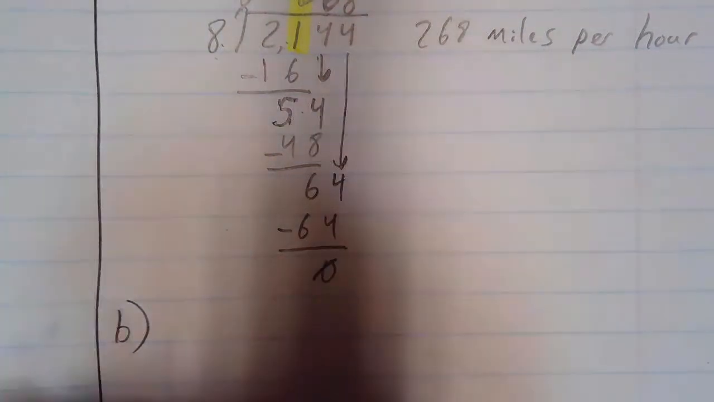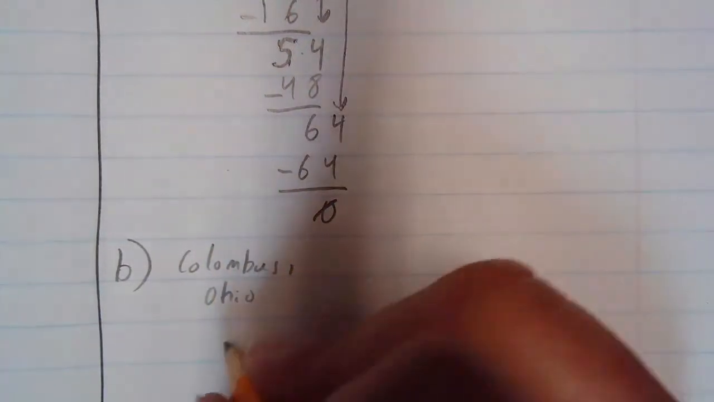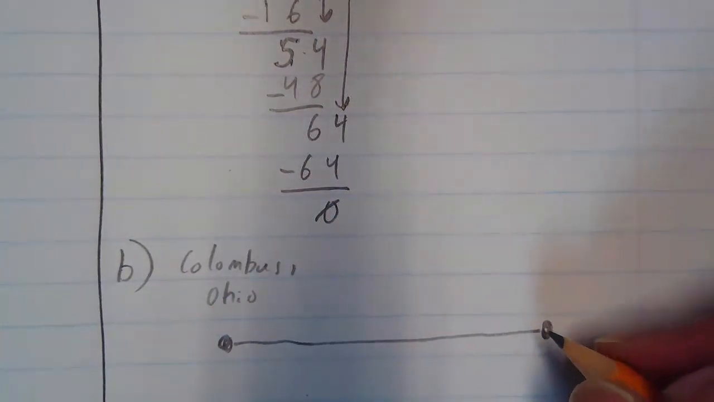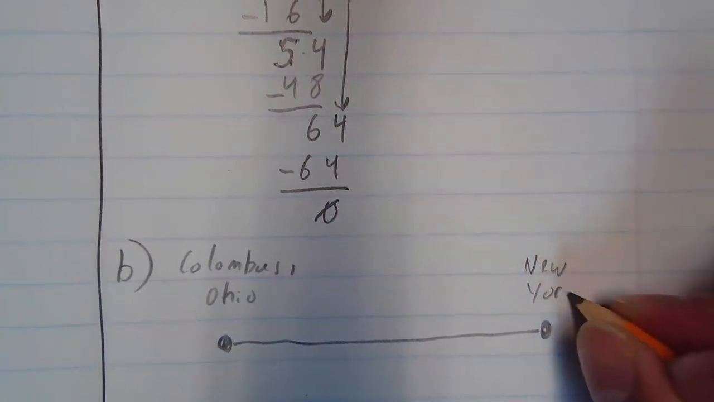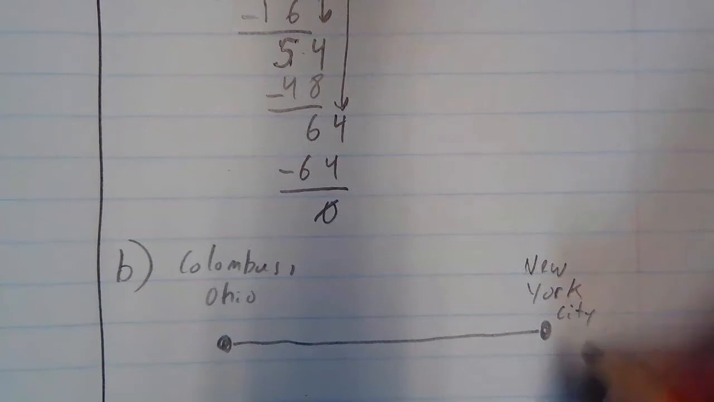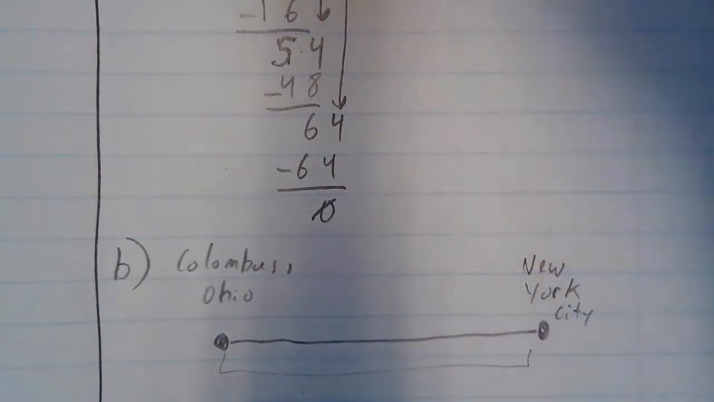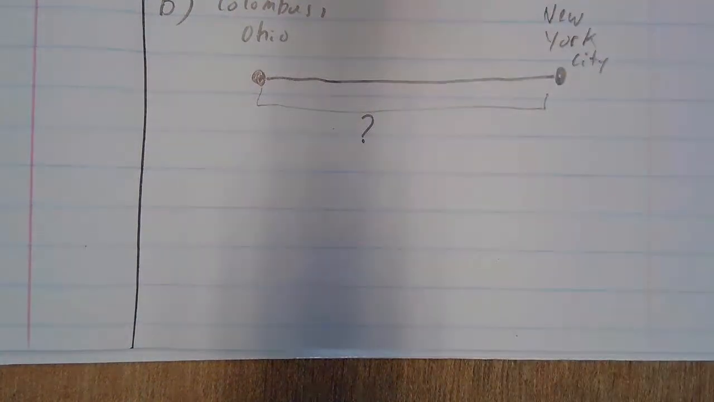You know what? I'm going to draw a picture because I want to make sure you understand what's going on here. We have Columbus, Ohio. It's a location. It's a city. And it's going to New York City. The question is, how long is this? What's the distance? How many miles is the question? Well, actually, we do know the miles. The question is,